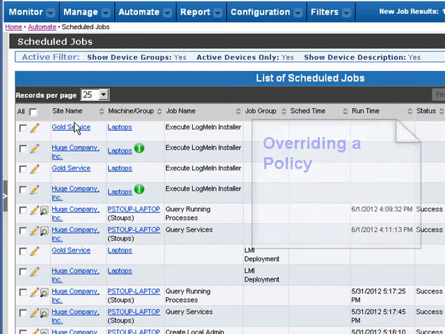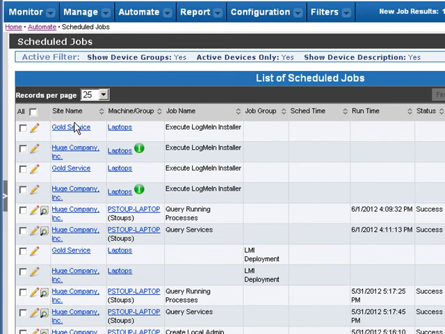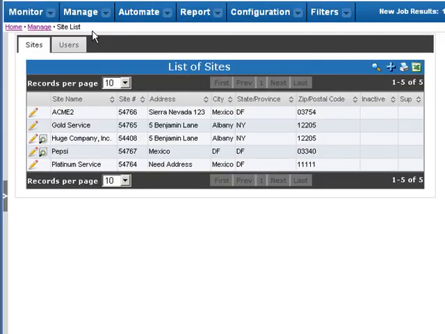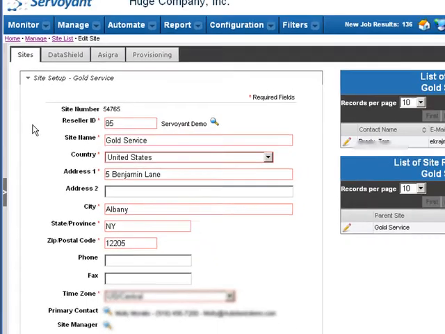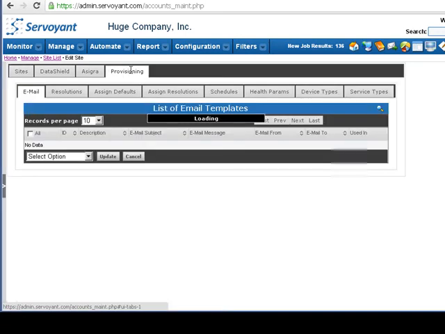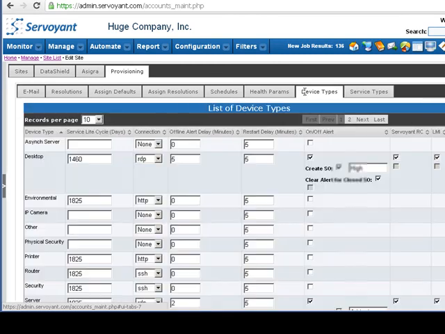Sometimes you may also need to override a policy and configure specific provisioning for an individual site. Briefly, you would do this by making the site the active context, going to the Manage menu, selecting Sites, clicking on the edit icon for the site, and selecting the Provisioning tab. From here, you can override many settings. For example, if you wanted to override the policy's existing RC settings, you would click the Device Types tab and